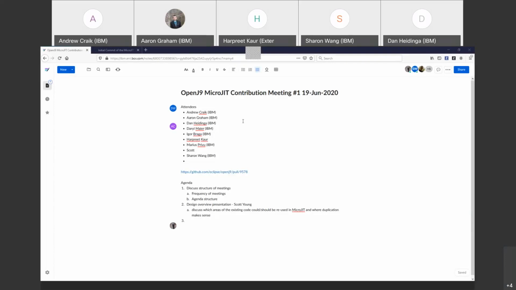Okay, hello everyone, and welcome to the first meeting of a group of people who are interested in the MicroJIT contribution that was opened by Scott Young as PR 9578. So the goal of these meetings is to make sure that the OpenJ9 community understands some of the details of that pull request and what that group is looking to contribute to OpenJ9,